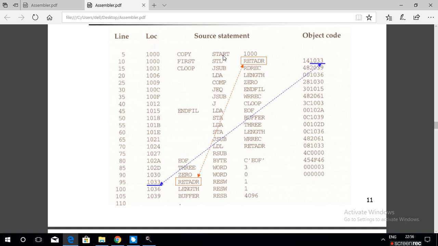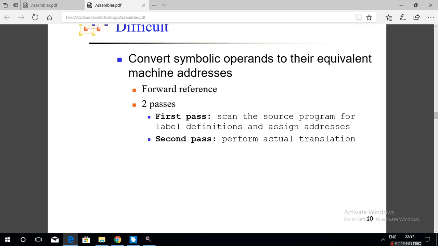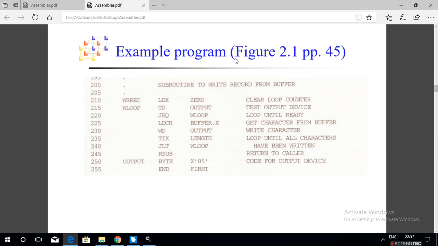Assembler directives are statements that direct the assembler to perform a specific task.